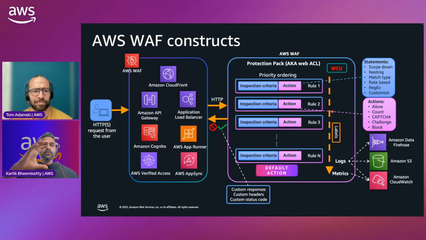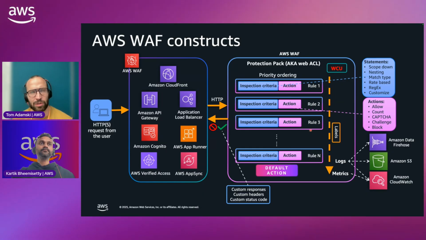So you configure a rule group where you don't want to go into each and every production pack and reconfigure the same rules. You can configure a rule group and then add it into the production pack straight away, right? When you're doing that, you have to decide how many WCUs you want to enable for that particular rule group. If you are cautious about costs, make sure you're monitoring your WCU usage, right? Because WAF capacity units are something AWS WAF uses to allocate resources to analyze the traffic.